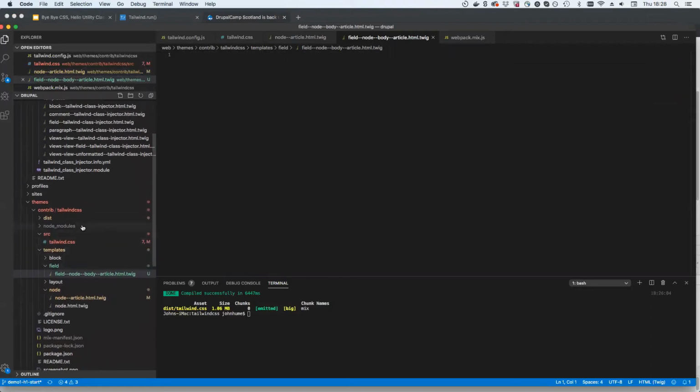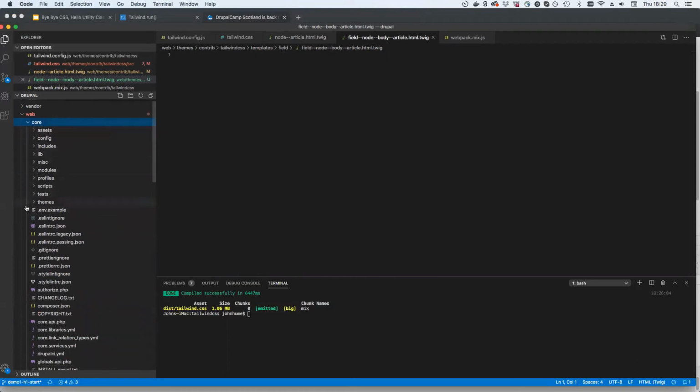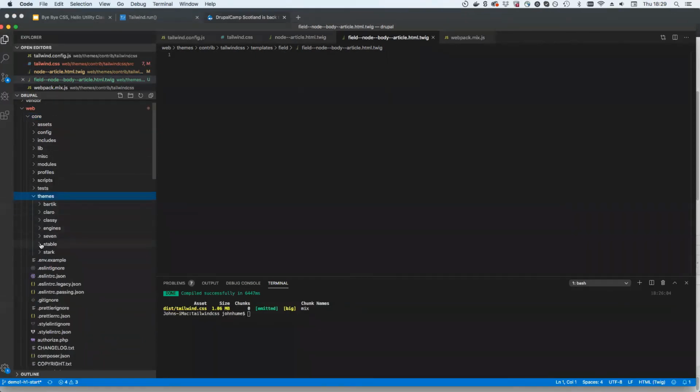We need to grab the default HTML for that, which will be in the base theme. So core, themes, stable, templates,